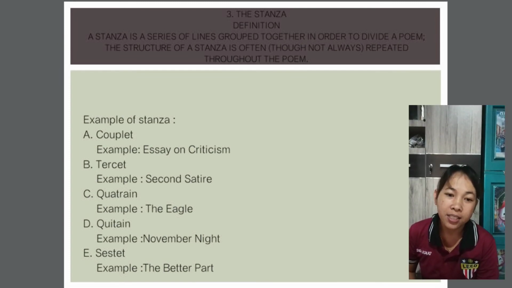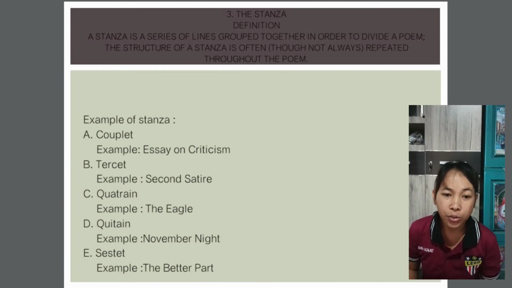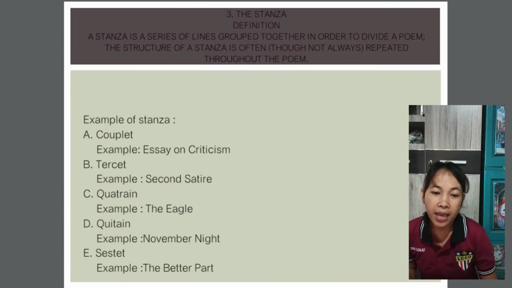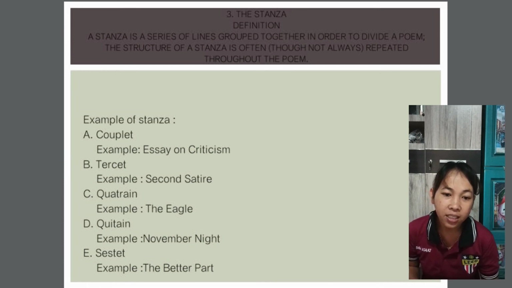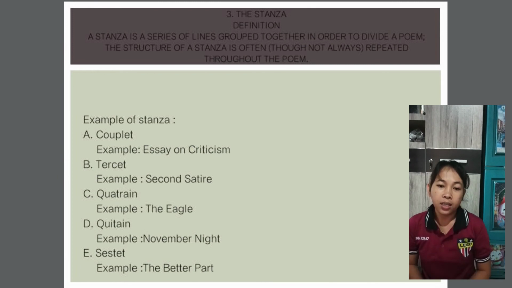Okay, the next one is about quatrain. A quatrain is a form of stanza popularized by the Persian poet Omar Khayyam, who called it a rubai. For the example is The Eagle, and then the second example is Elegy Written in a Country Churchyard. Okay, next,